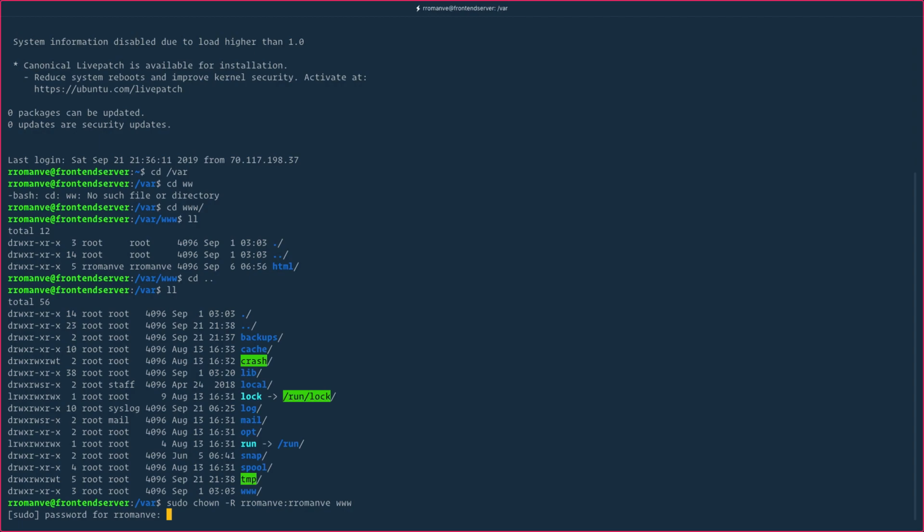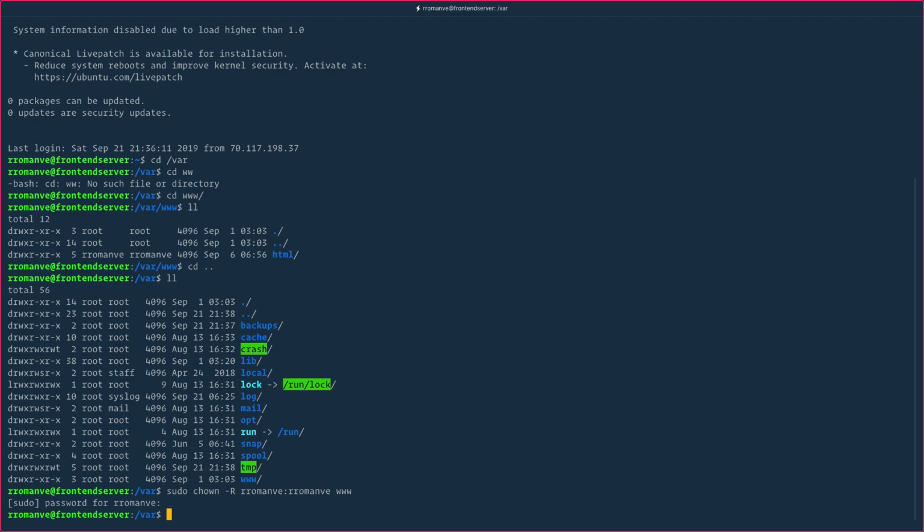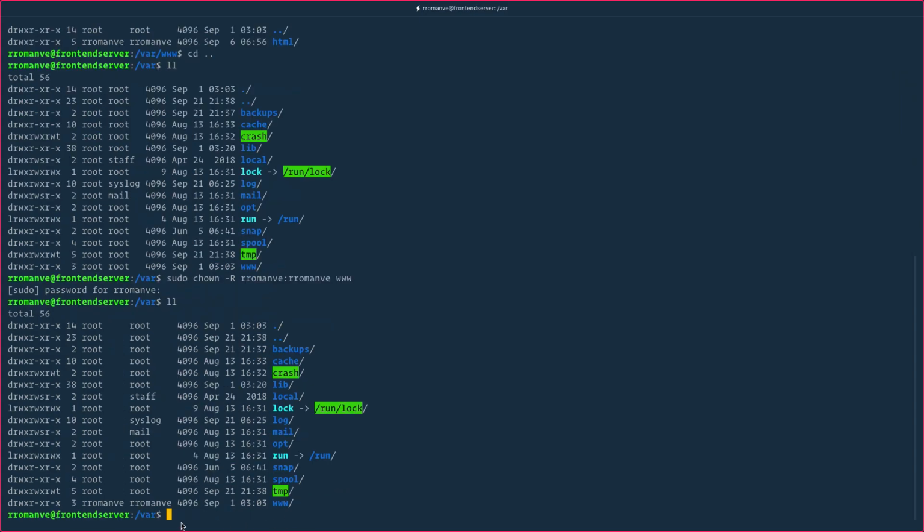It's going to require a password. We put it there, and if we list it again, we see that the owner now is us. Perfect. So now that the configuration folder is ours, you can actually go to that particular folder,